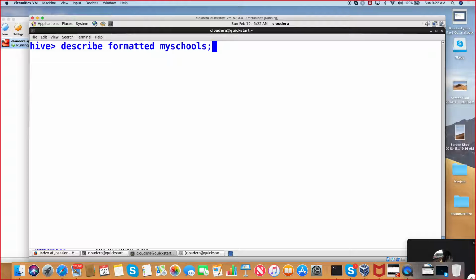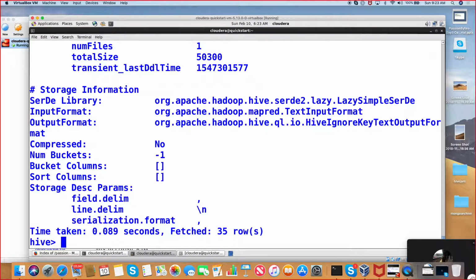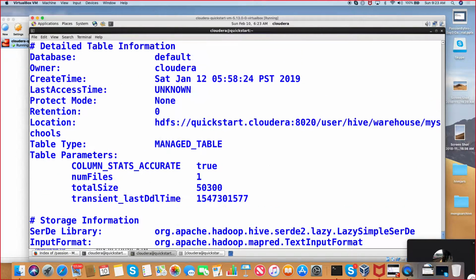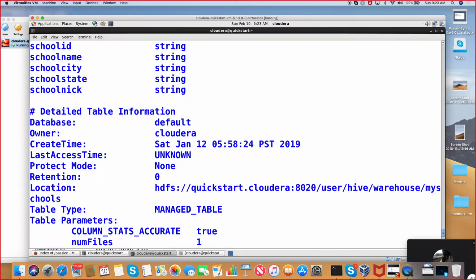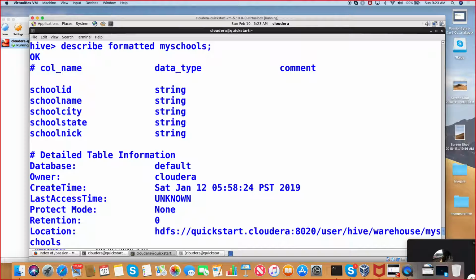Half of the data quality requirements will be satisfied by this command. Why? Please look at the result. It is containing school ID, school name, school city, school state, and school NIC. These are the column names. These are the data types. If you enforce as a process in data quality that everybody should create a comment, all the comments will come